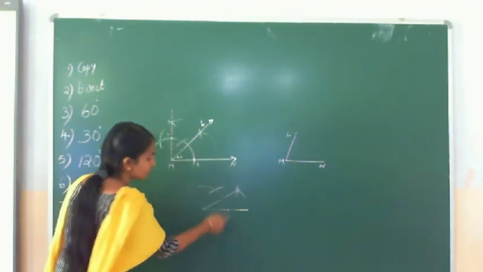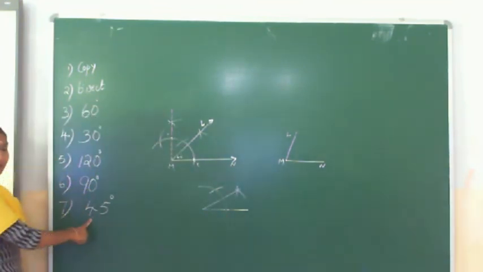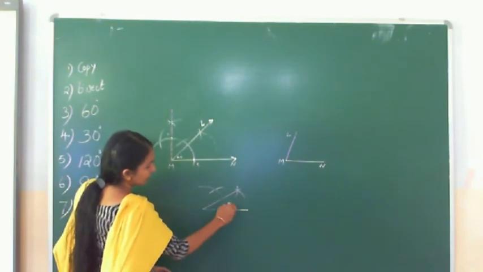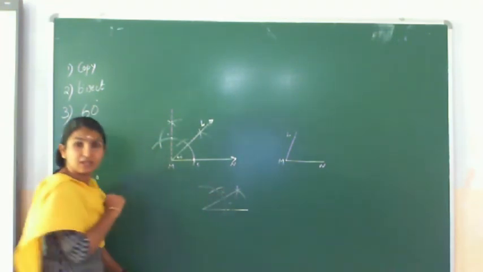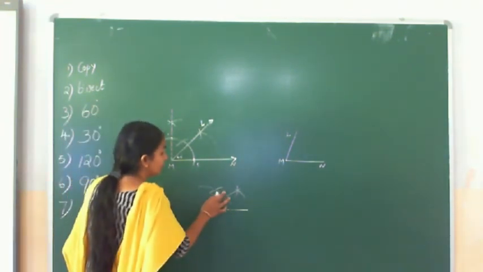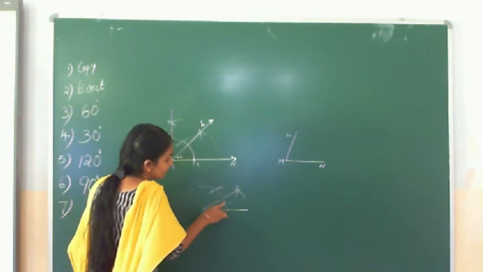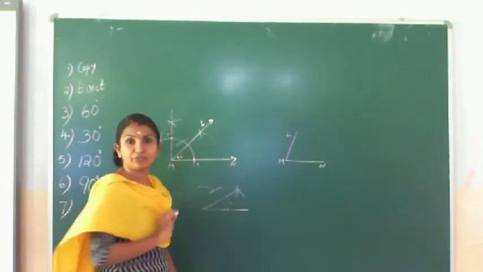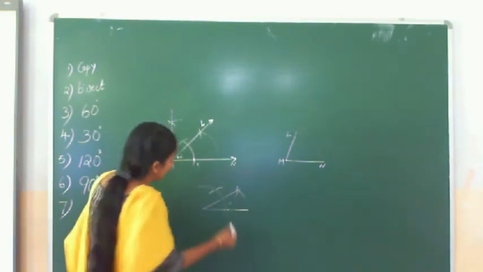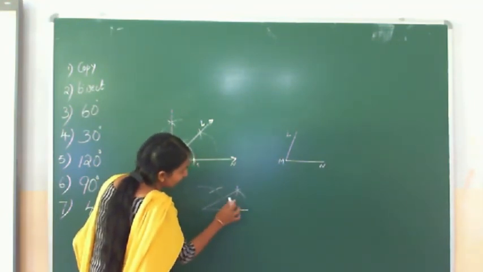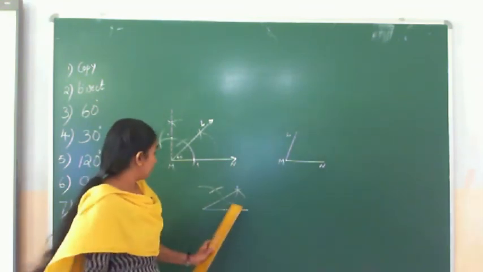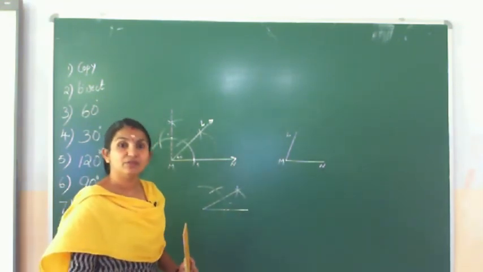Half of these two. Actually we need 45. From here to here it is 30. Here to here it is 30. This 30 is bisecting. We will get here 15. That means 30 plus 15, 45. If we want 15 degree angle, bisect again these two. You will get here 1. That will be 15 degree.